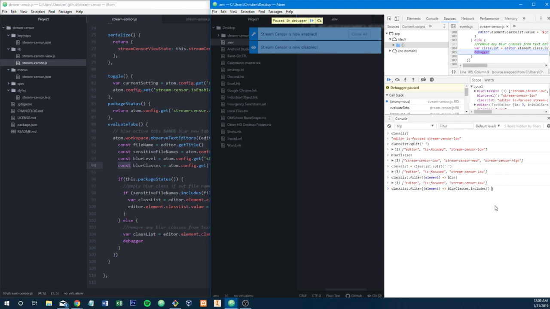Includes element. So if our blur classes include the element that we're iterating over right now, then what we want to do is actually probably trash that. Because what we're looking for is items that are not in our blur class list, not the ones that are, because otherwise we're just going to get our blur class back, and that's just useless. We want to get the items that are not in our blur class list, so we would do that, and then what we're going to wind up with is an array